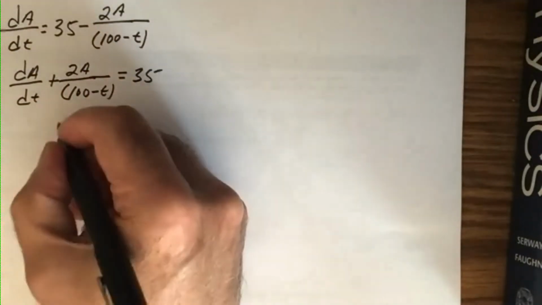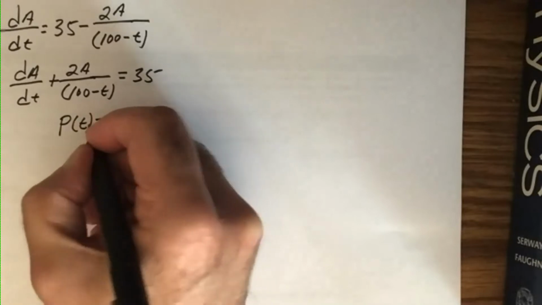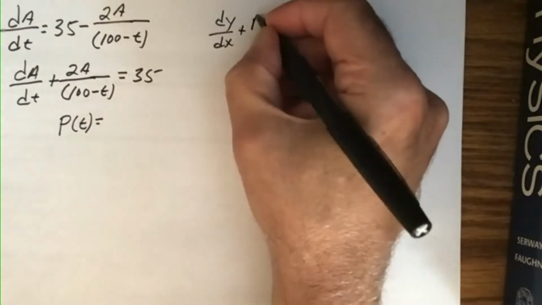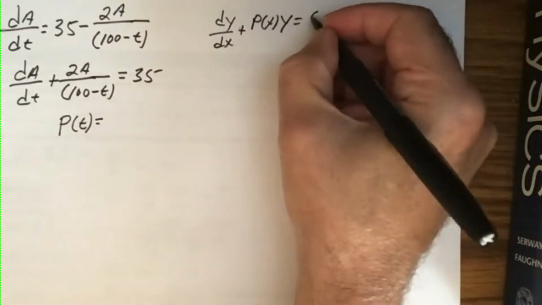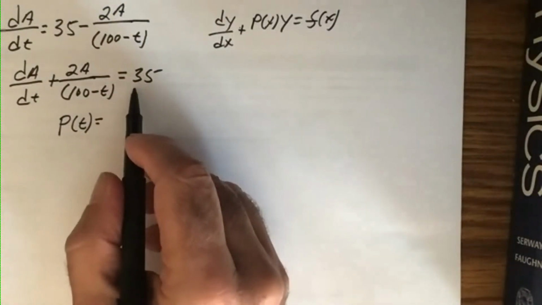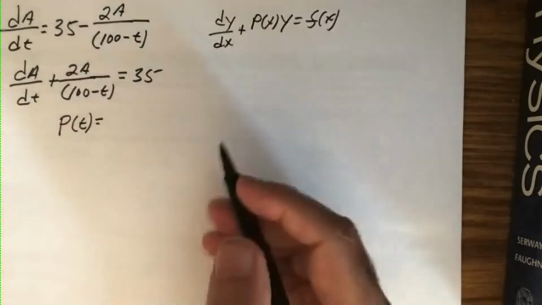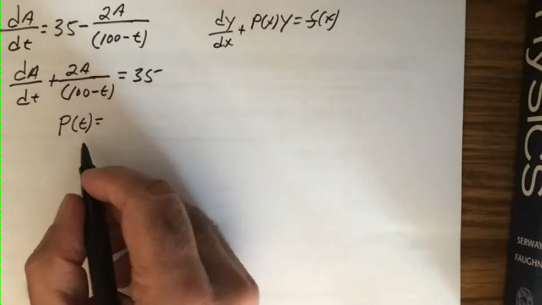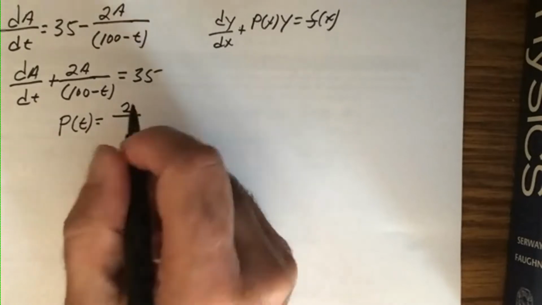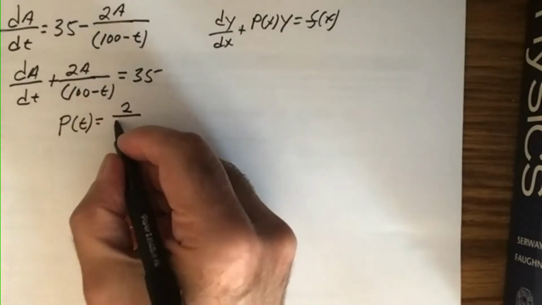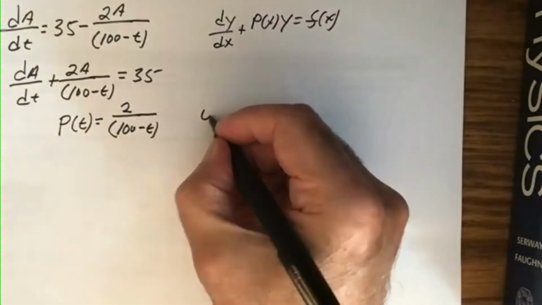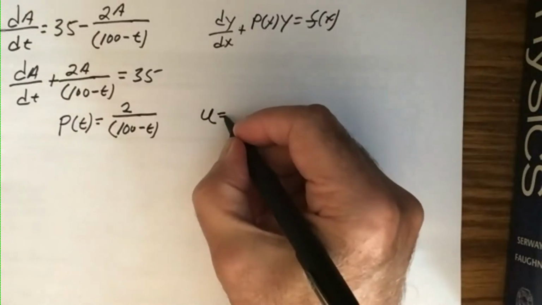So now notice my P of t, right? Remember now, when we solve the differential equation, the first thing we need to do is get it in this form. Now, in this case the f of x is just a constant, but now we're dealing with a and t. So my P of t now is just going to be 2, because the a is like the y. That's my P. So now my integrating factor, which is a function of t, is going to be e to the